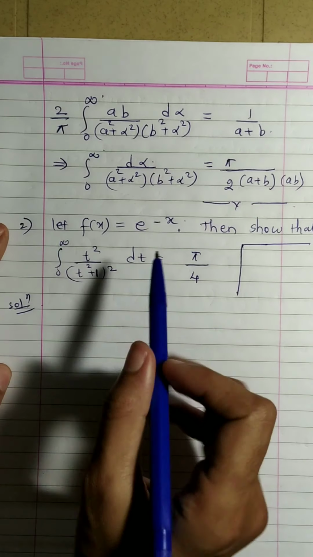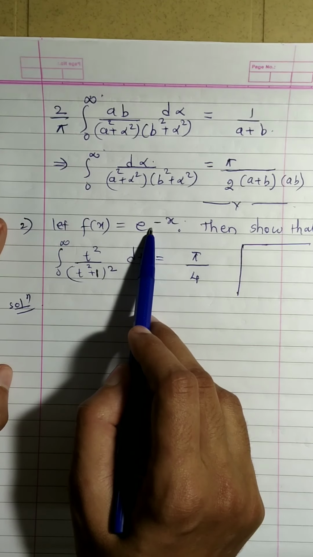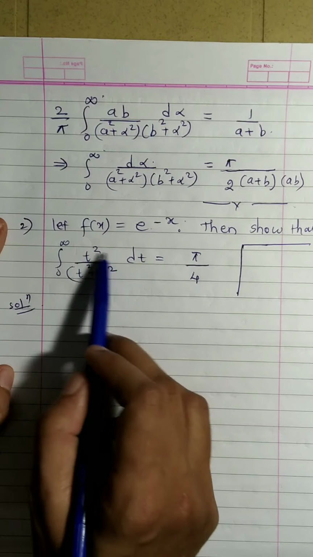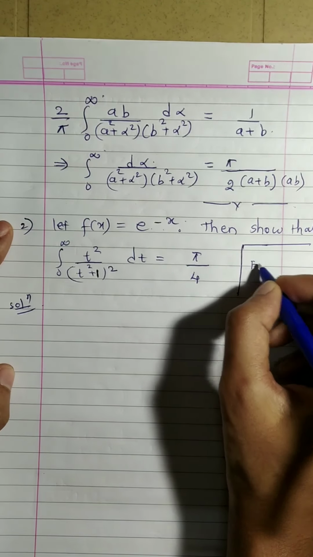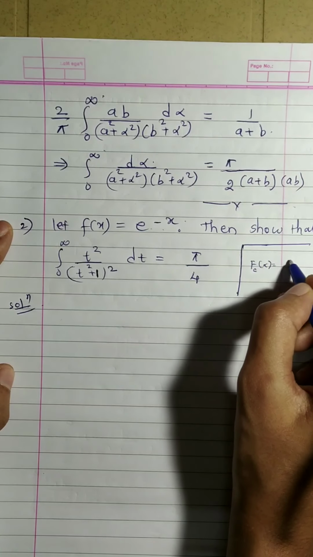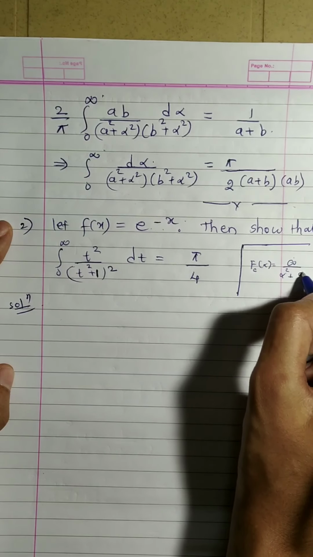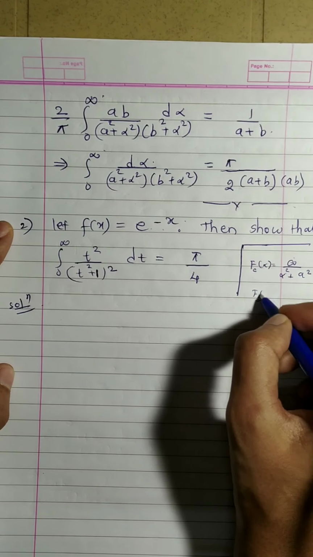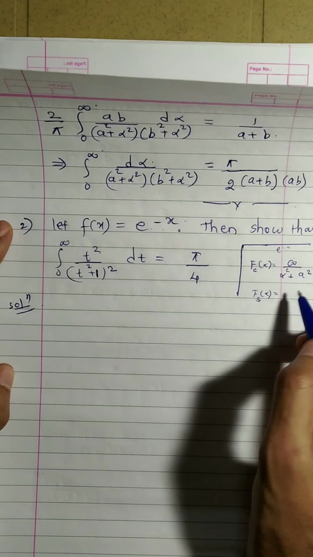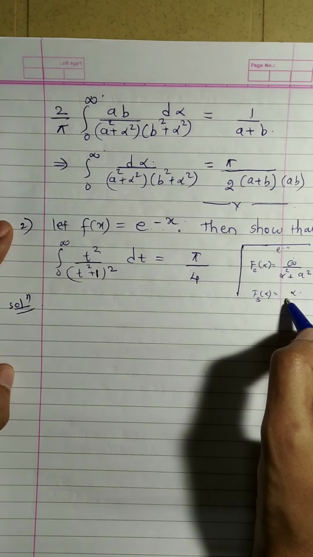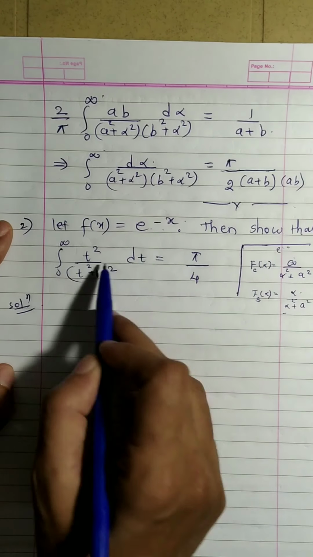Let us first see what is the Fourier sine transform of this. By looking at this expression, it looks like it should be the sine transform, because the Fourier cosine transform of alpha is that constant term divided by alpha square plus that constant square. But the Fourier sine transform of such a function, e raised to minus ax, was alpha upon alpha square plus the constant square, and this looks of this form.